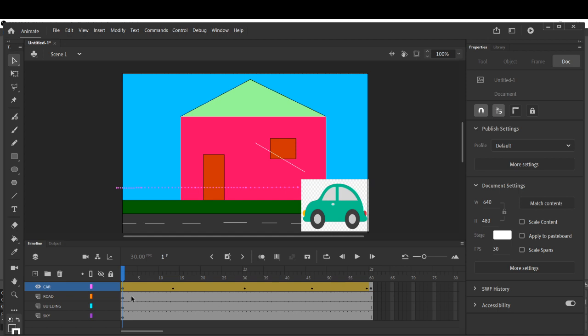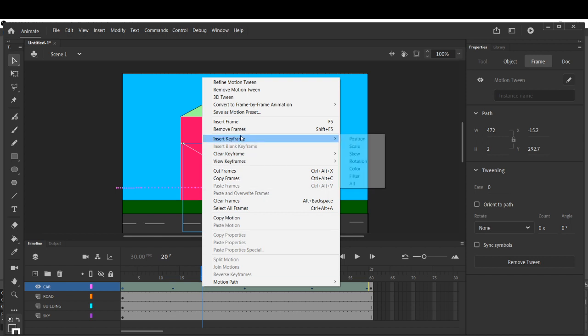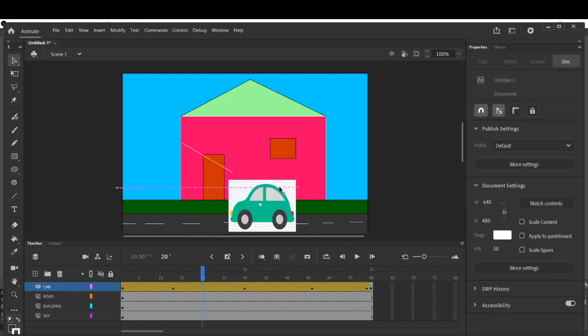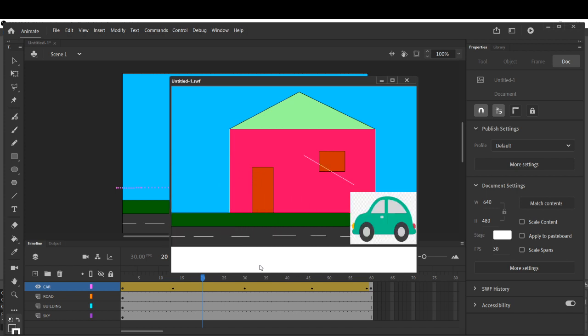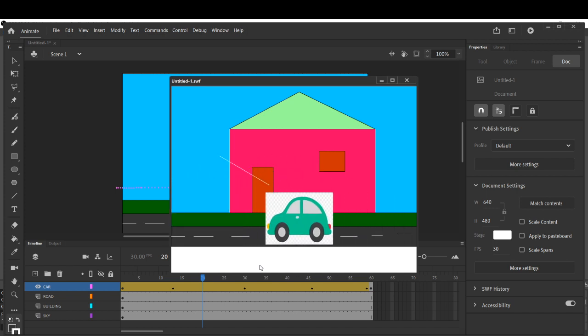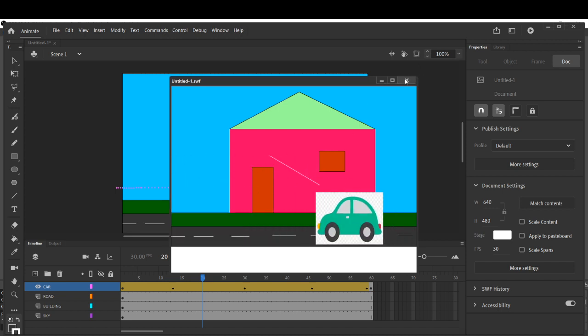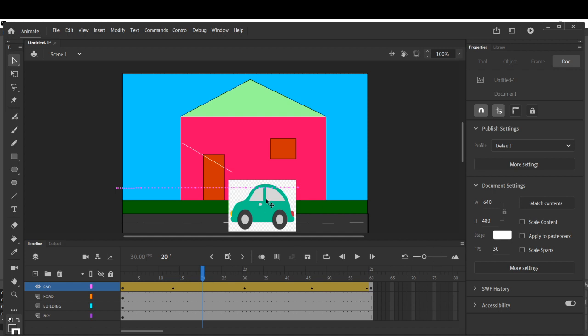Right click in between the particular layer and insert keyframe. Insert keyframe and choose position, to change the position of the object, the layer which you have selected. So in this way, if you test it, the car is now moving. Okay, the car is now moving, children. I hope this part is clear to you. Okay, you can rewind it to see it again. If the concept is not clear to you, you can replay this video, children, again and again.